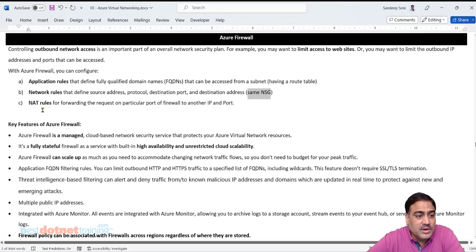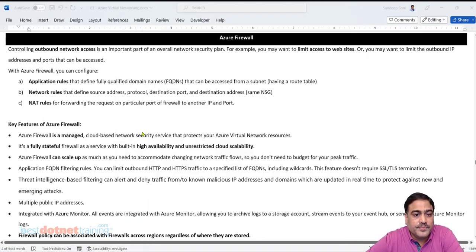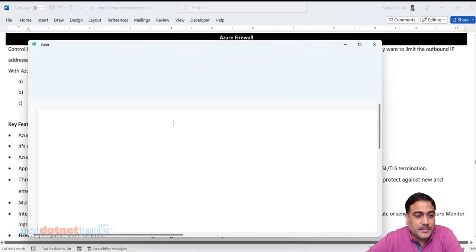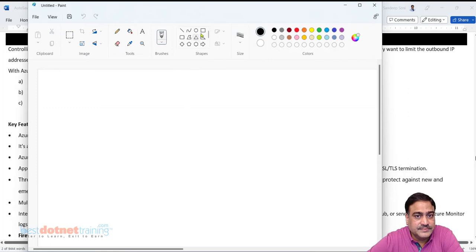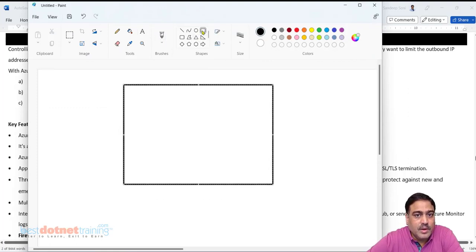Now, firewall is a stateful service. What does that mean? Suppose, let's say this is my VNet, and I have put the firewall in one of the subnets.